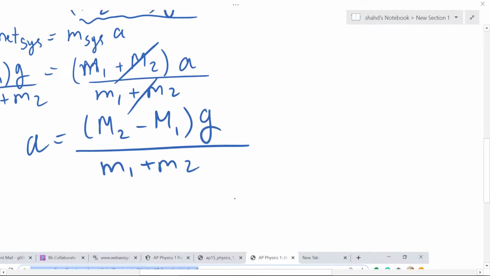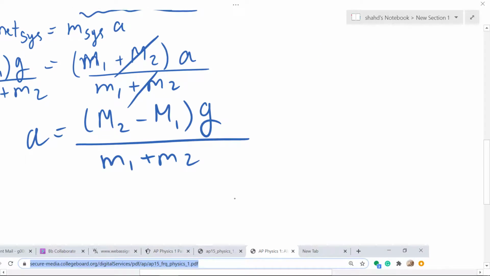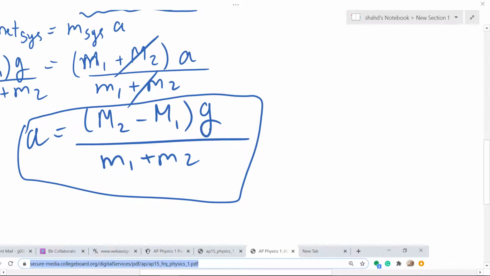Over here, basically, we just derived the equation of acceleration, and we said that it's equal to the difference of masses multiplied by gravity and divided by the total mass of the system, which before was only two masses, M1 and M2. Now we added one extra block, and as we can tell here, this relationship, F net is equal to